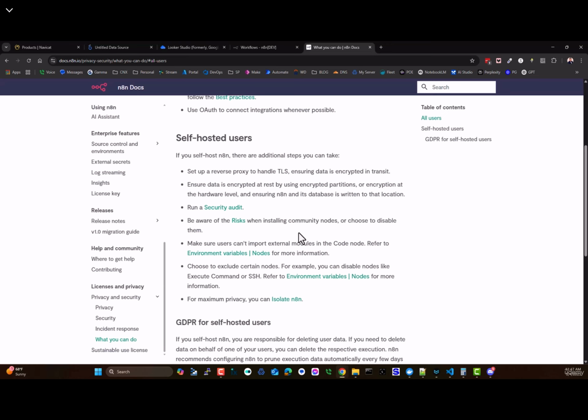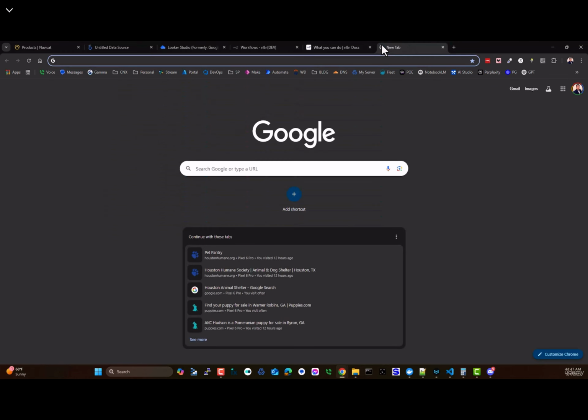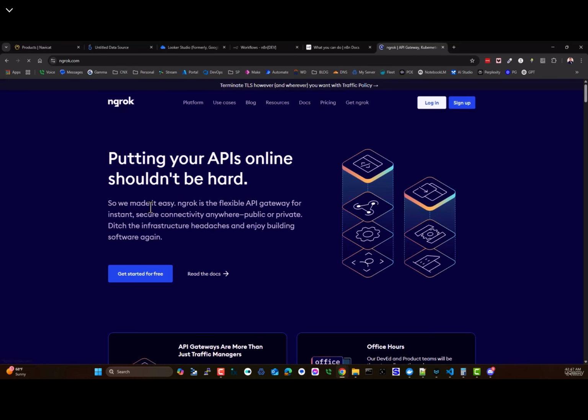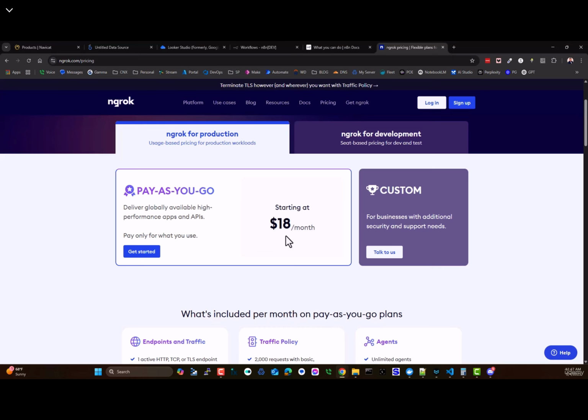Either way, it's going to cost you some money, whether you pay for the domain at cost at Cloudflare or you pay a more expensive fee to go with, what is it called? ngrok, I think it is. ngrok provides tunneling capabilities, and you pay for it. What is it? $18 a month. So that's ridiculous, for $10.40